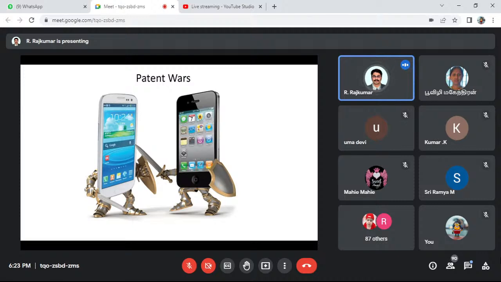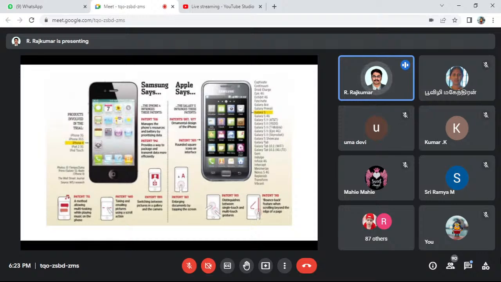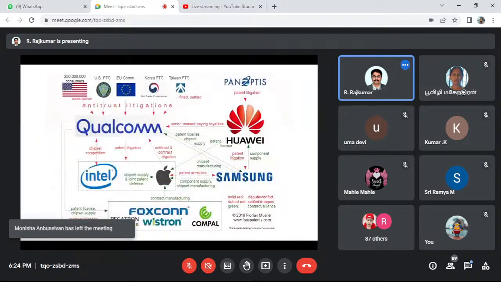The touch screen and mobile and the camera, the front camera and maybe the back cameras and how they have fixed them, and especially the design pattern. There are a lot of things actually. There is a war between them. But anyway, the Galaxy S and iPhone 4 have the same kind of similarity. But finally, they have their own arguments. So these are the major players in the patent space, Korea and Taiwan and Samsung. These are the different players.